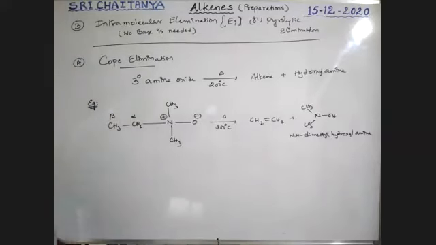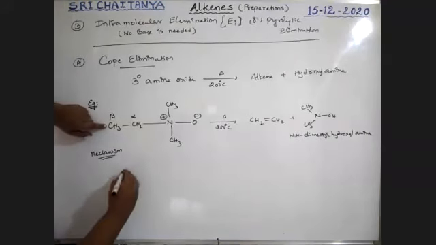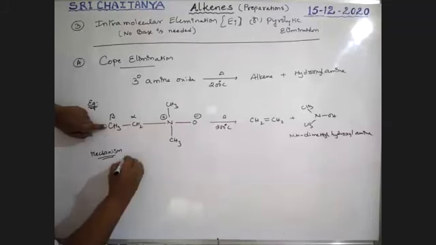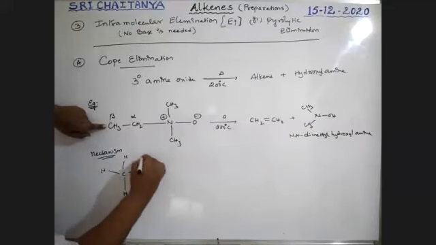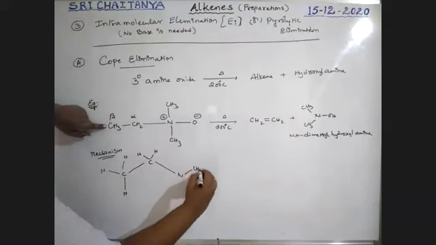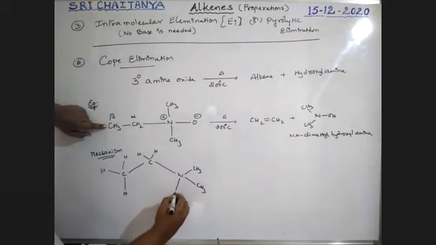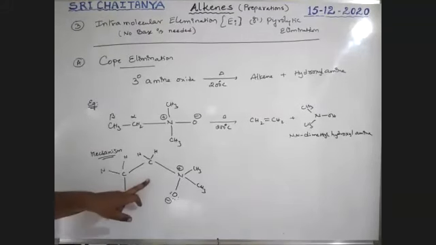Sir, how is this possible? What is the mechanism behind this? Mechanism for this one. See here. This is the carbon, boys. This carbon has 3 hydrogens. These are the 3 hydrogens. Next, this carbon has 2 hydrogens. This nitrogen is bonded with 2 methyl groups. This is oxygen. This nitrogen has a positive charge on it. This oxygen has 3 lone pairs with negative charge. This one I'm rewriting like this.